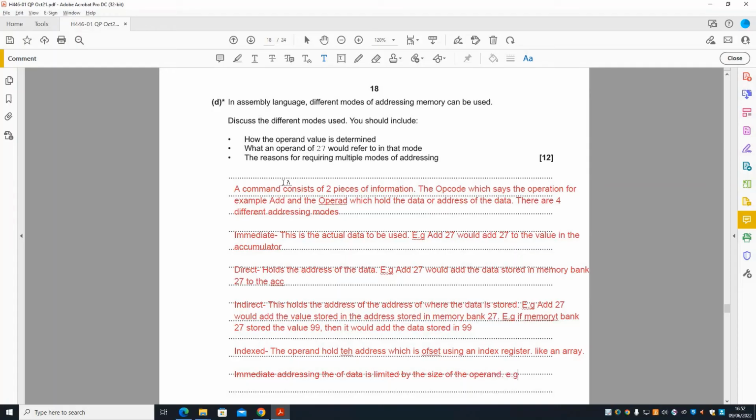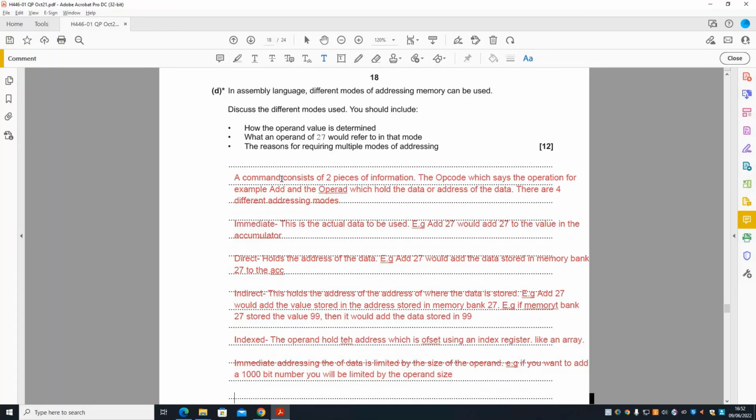And let's give an example. For example, if you want to add a, let's say 1000 bit number, you will be limited by the operand size. Okay, and then we can say with direct is also limited,